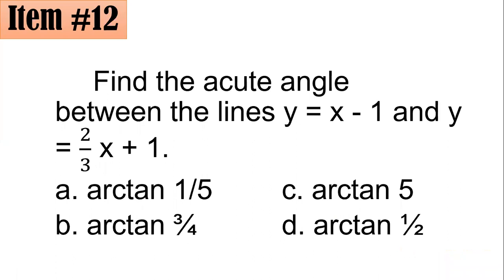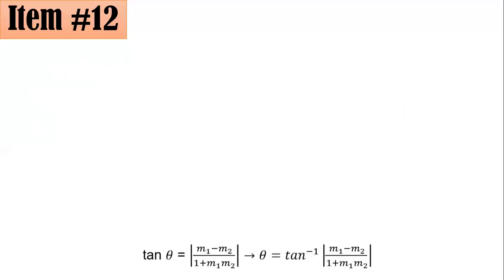Find the acute angle between the lines y equals x minus 1 and y equals 2/3 x plus 1. Is it arctangent of 1/5, of 3/4, of 5, or 1/2? What do you think is the correct answer here? So, recalling our analytic geometry,